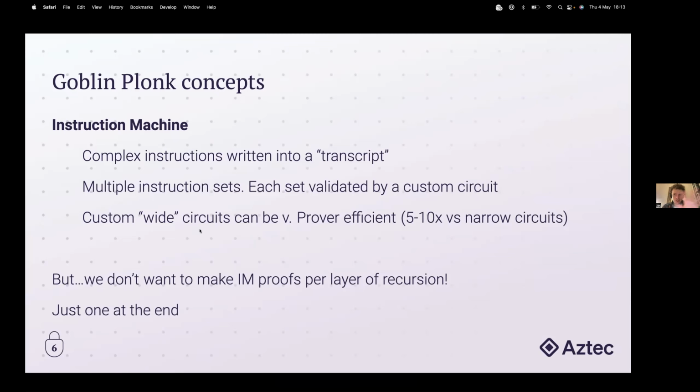So we have this idea of an instruction machine that was fermenting in our heads. Basically, if you want to do complicated operations in your snark circuit, you cheat: you put them in a lookup table, then you make it somebody else's problem. And then the idea is you can construct proofs of these instruction machines to prove all of the correctness of the transcripts. And so what we're thinking with this is, well, hang on a minute, we have a nasty function